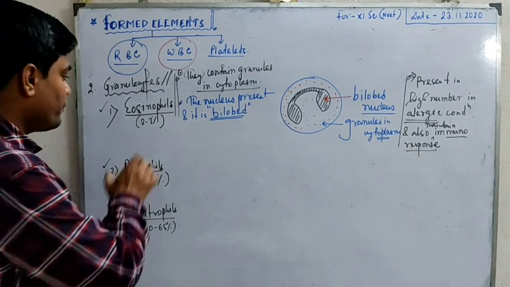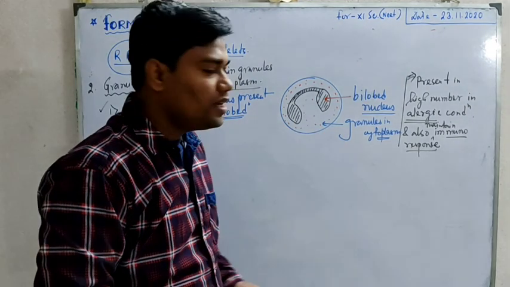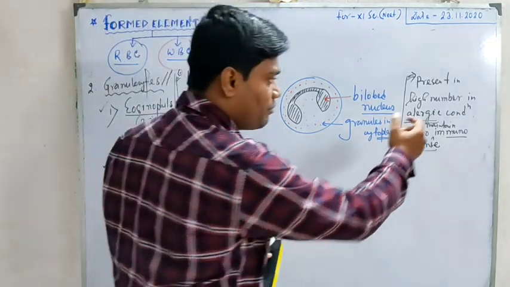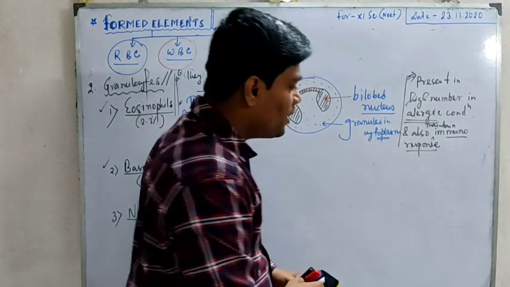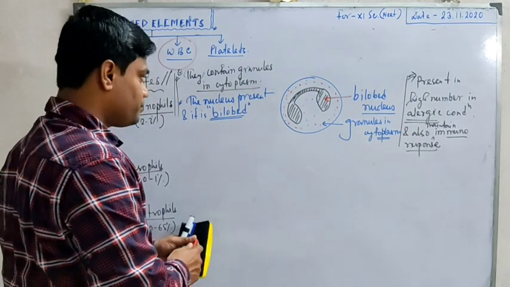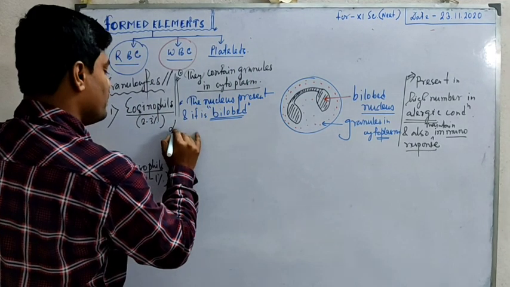Okay, eosinophils, that is bilobed nucleus present. Main function, it is much more in number when the allergic condition shows, and maintain the immunoresponse. Okay, lifespan of eosinophil,